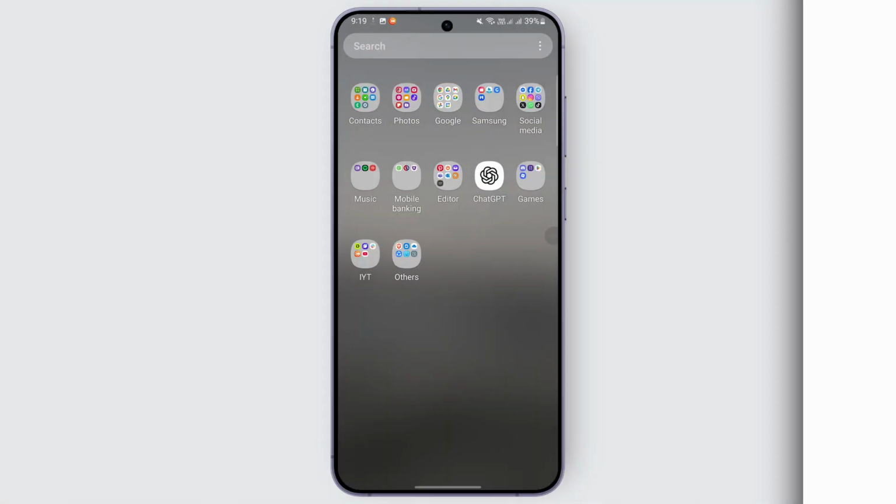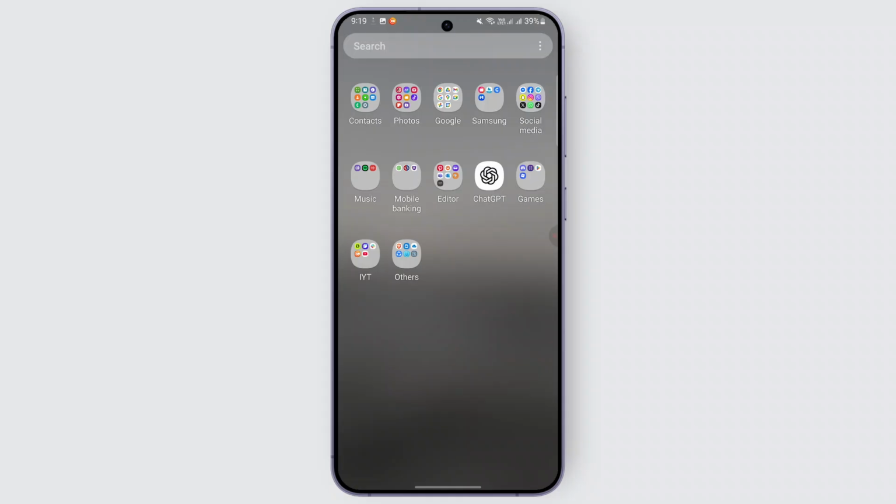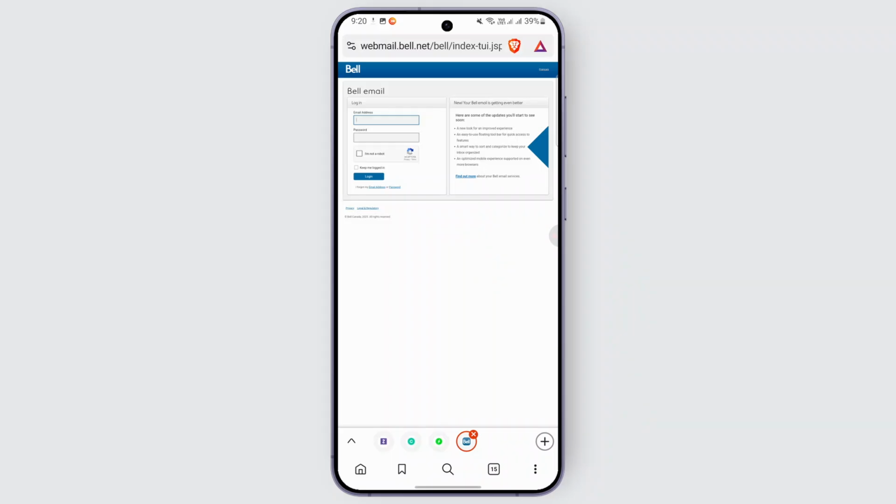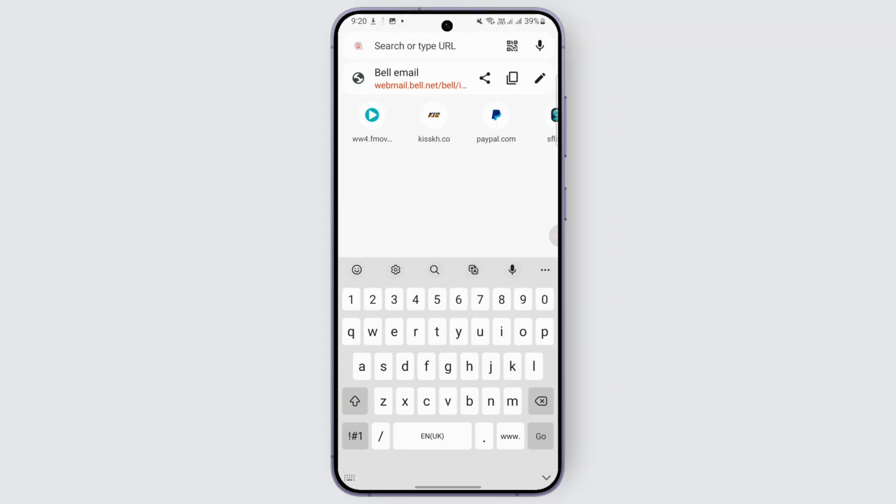How to sign in to a Bell email account. Hello everybody. In order to do so, you may follow these simple steps. For that, you may open up one of your browsers, and then once you open it up, in the search bar you can go ahead and type in bell.net,